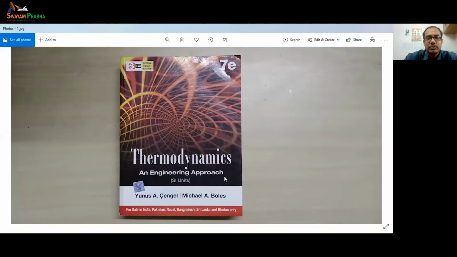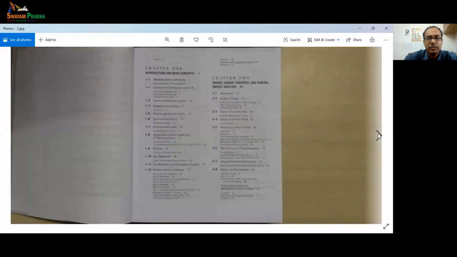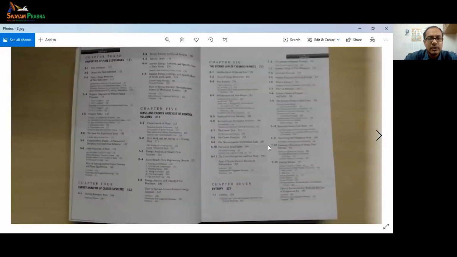And for the last 3 tutorials, we have looked at problems from the first 2 chapters, and we were working on the 3rd chapter. So for the 3rd chapter, please follow the cursor on the screen so that you can follow where I am pointing. This is the 3rd chapter, which is properties of pure substances, which includes pure liquid as well as pure gas, which are usually the working fluids for the thermodynamic systems. So that's where we are looking at.